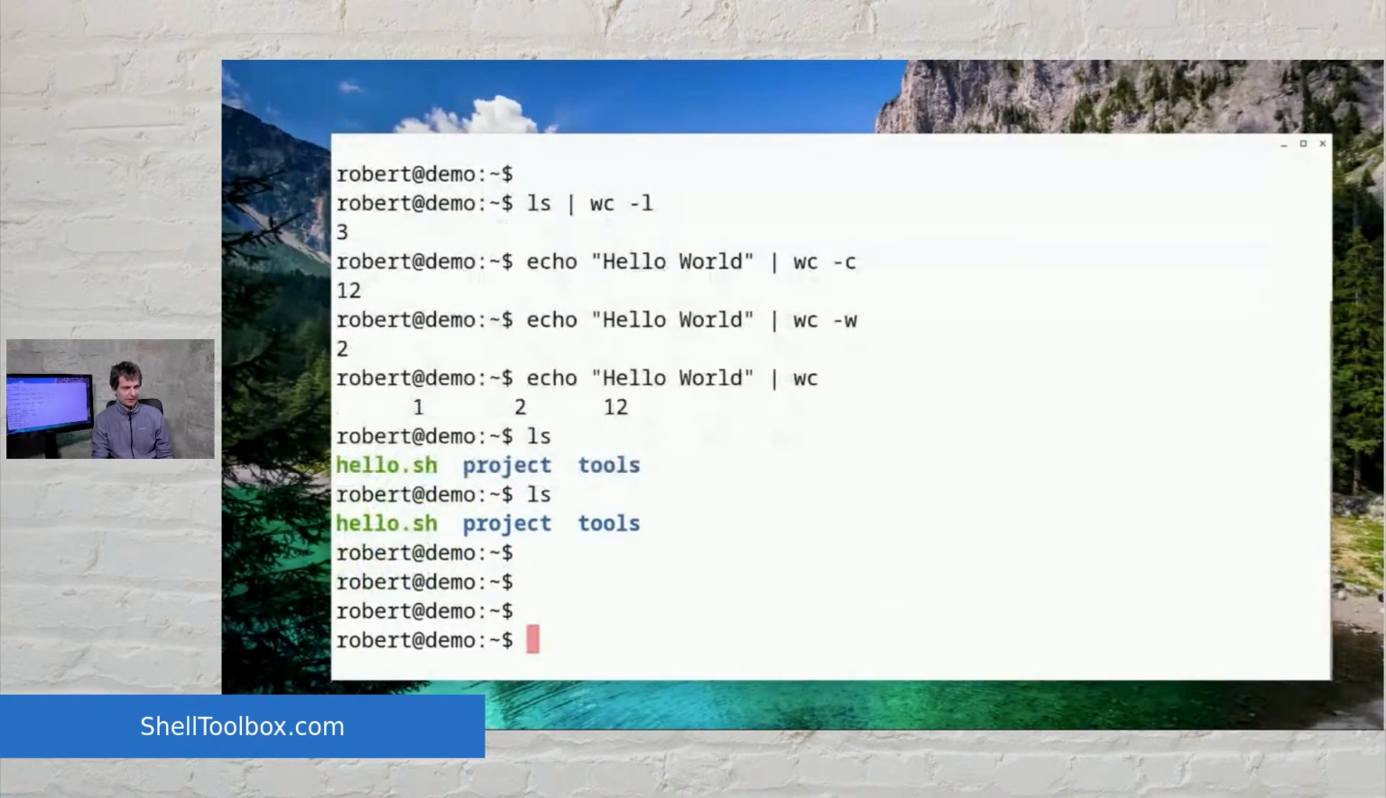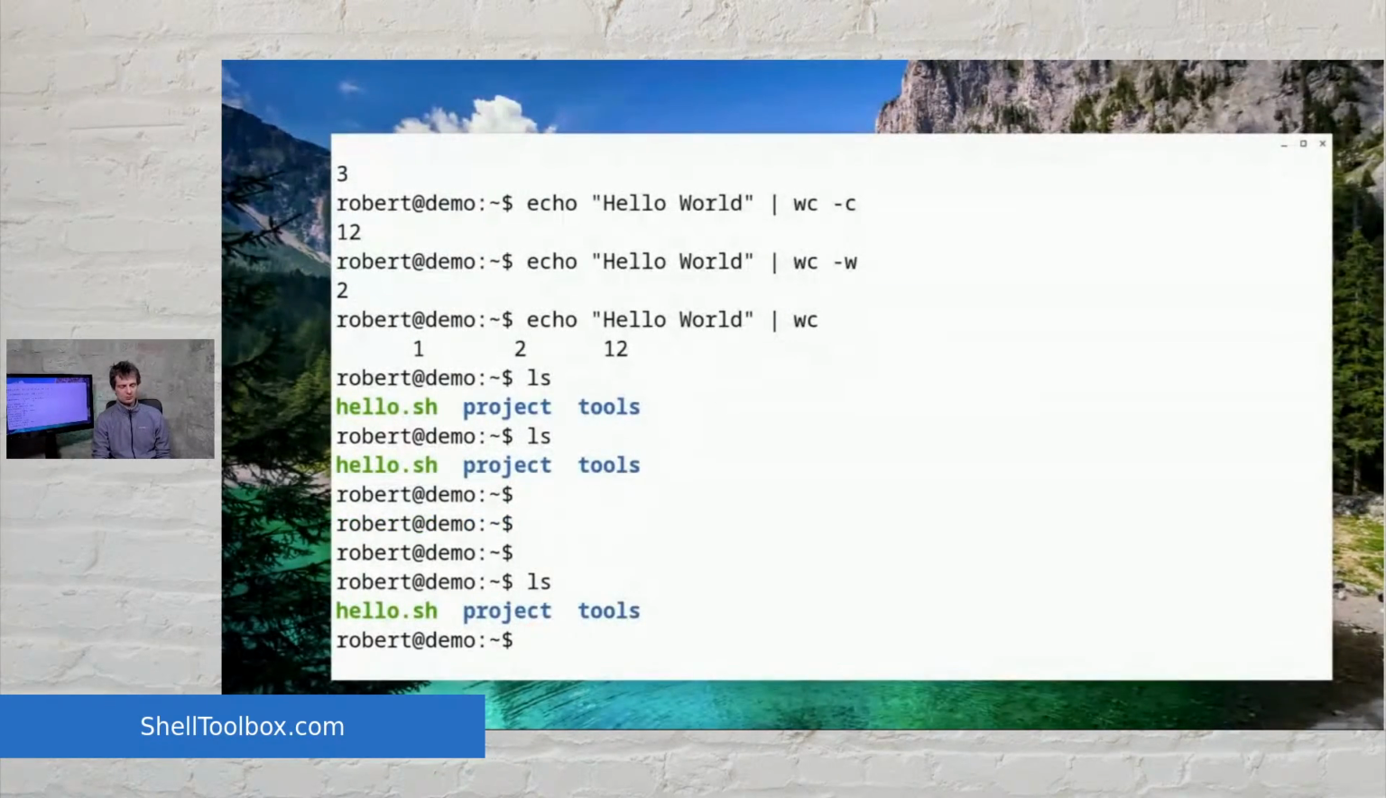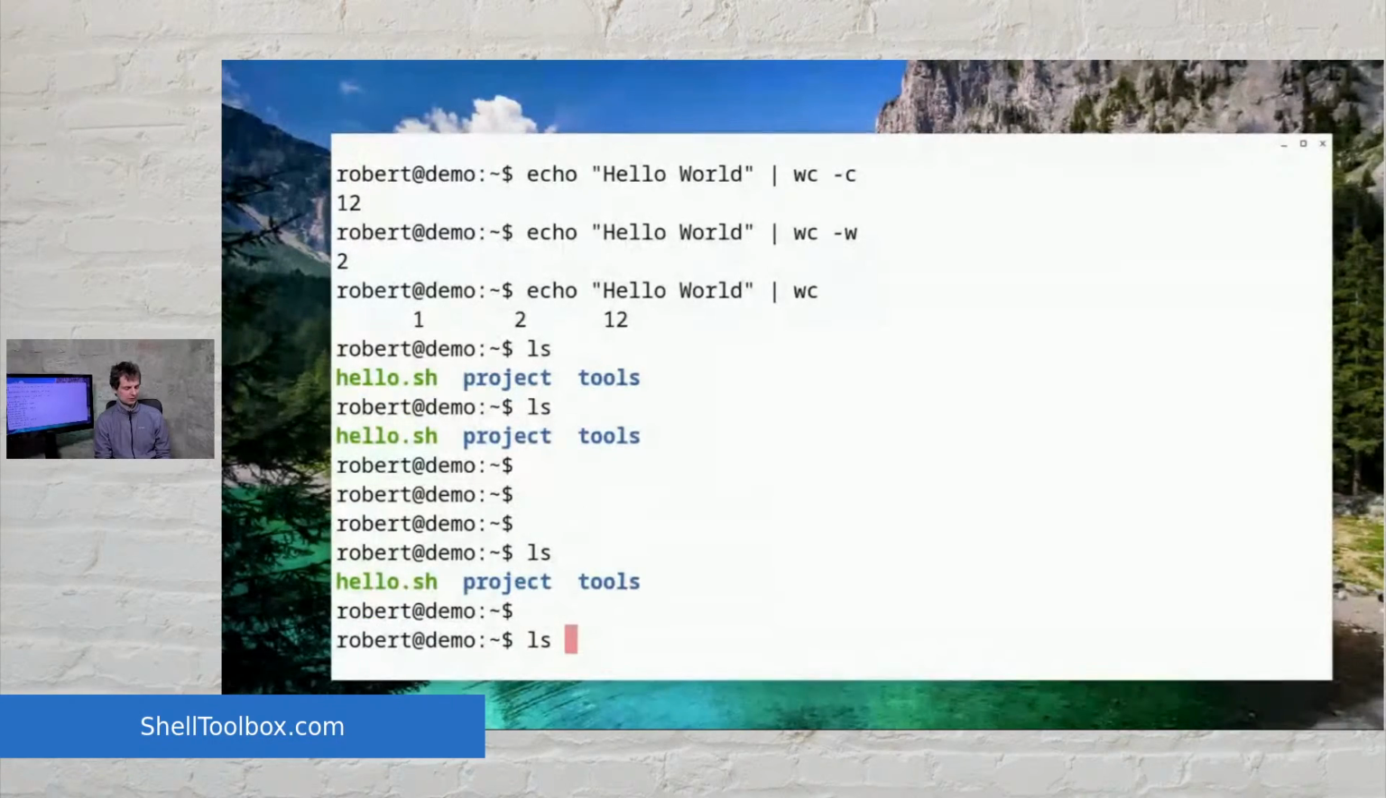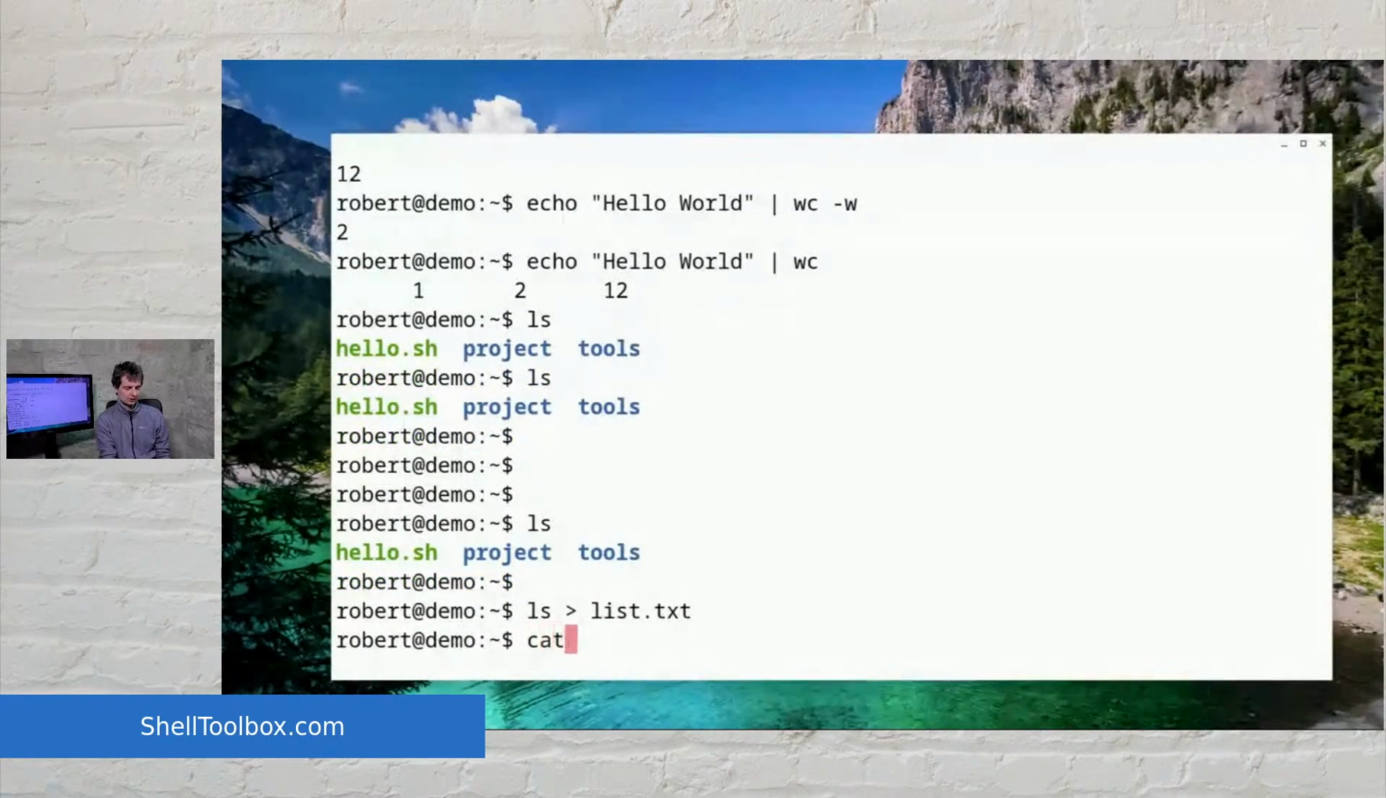Now, better. Okay, let's prove this. Let's call ls. This is the output ls gives me to the terminal. Let's redirect the output to a file, for instance, list.txt. What you see now is that list.txt